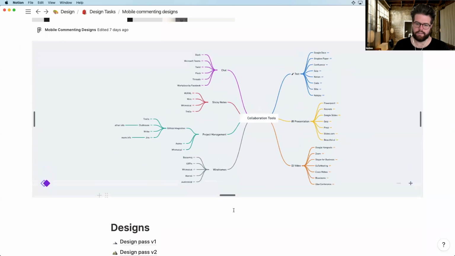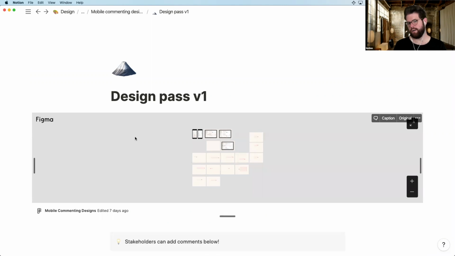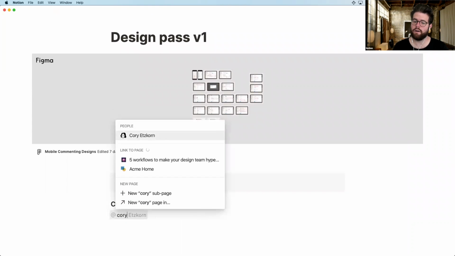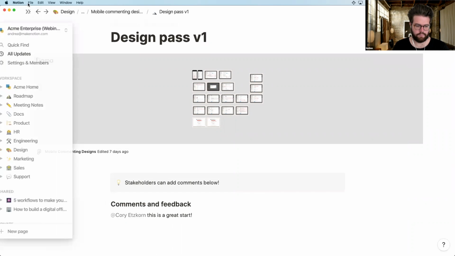Another thing that's important is keeping a version history. So throughout this task, we're in this mobile commenting design task, there's going to be a lot of versions, right? I don't think I've ever worked on a project where we designed one thing and then it was just done. So here you can see we've nested pages inside of this task. So we've created design pass 1, design pass 2, 3, and unlike Google Docs, they're all neatly organized and they're in one place, right? Which I like to be organized. It's nice for me to know where they all are, but it's even nicer for others to know where they all are. So it really helps keep everything bundled together and on track with the decision log,